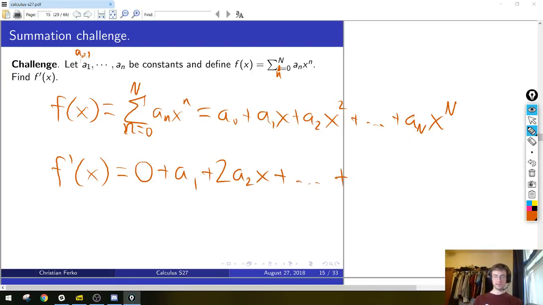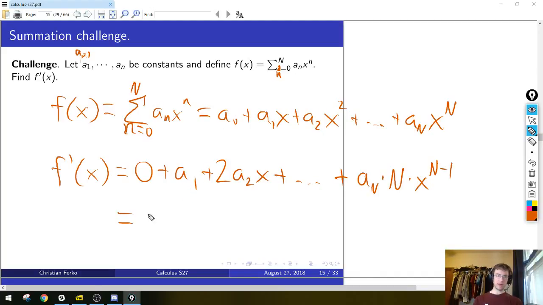What's the top guy? It's going to be a sub capital N times capital N times x to the power of capital N minus 1. Good. Okay. So, as we see, this sum, which we got from expanding out the top sum and differentiating each